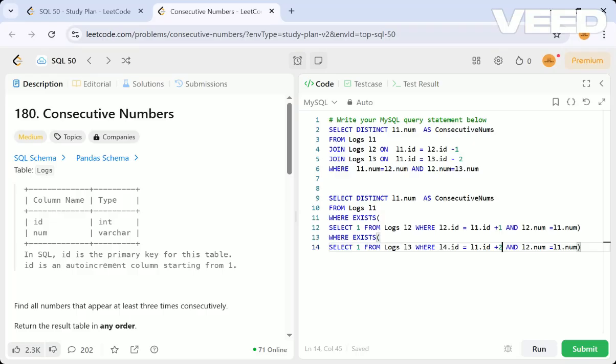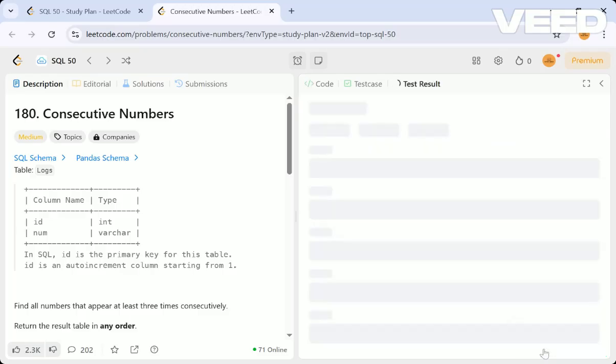So here we have to check with L3 num. L3 num is equal to L1 num. So this is how we have to do with exists query. Let me just comment out this, it is successful, right? We have already seen. So then let me check this by running that.